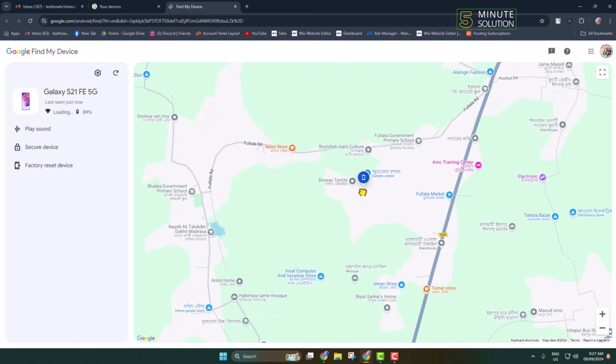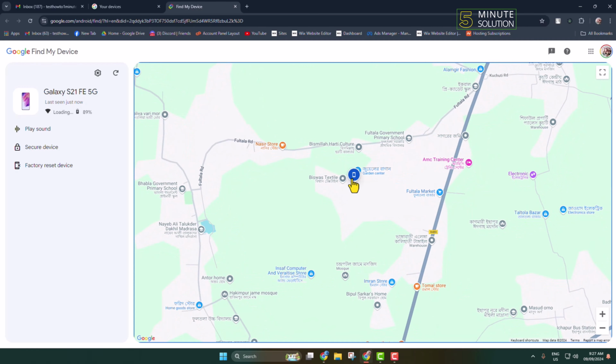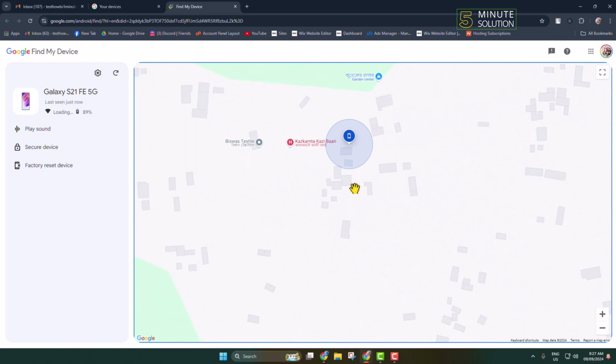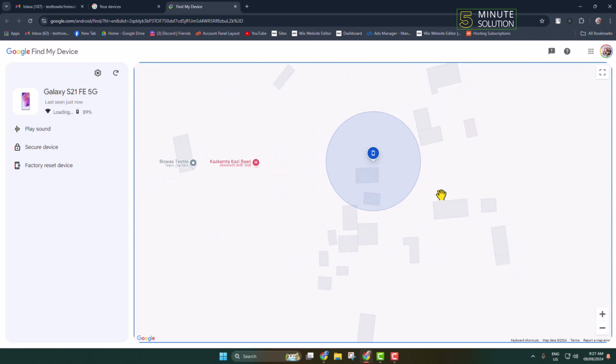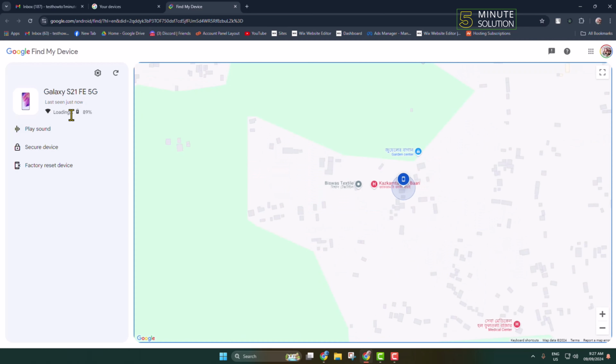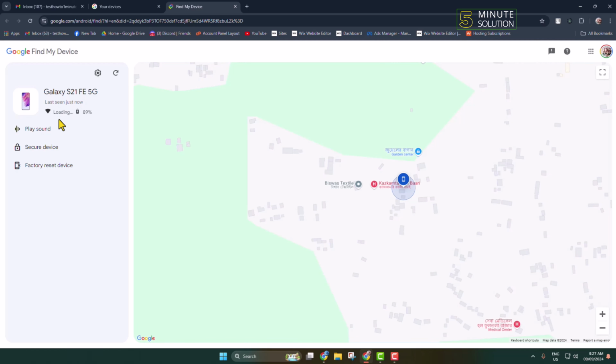So this is the map and here we can see the device's exact location. You can zoom in the map just like so to find out your lost device. We can see if the device is connected to a Wi-Fi or not, and if connected, here we can see the Wi-Fi name. Also here we can see the device charging